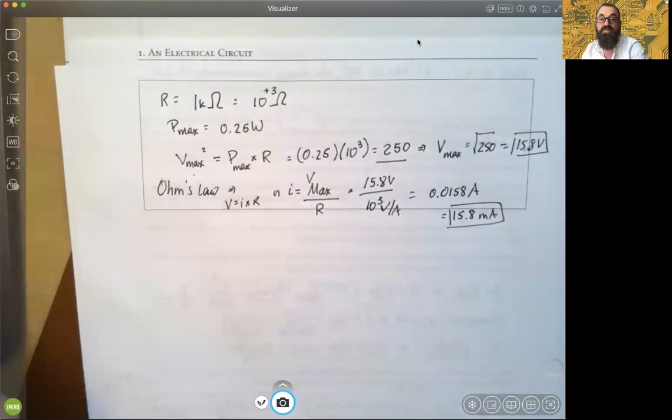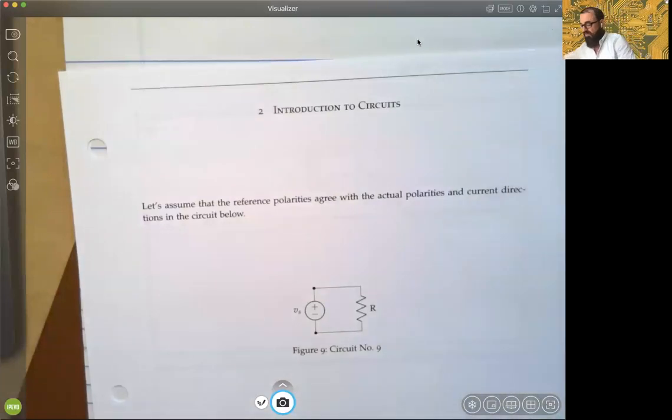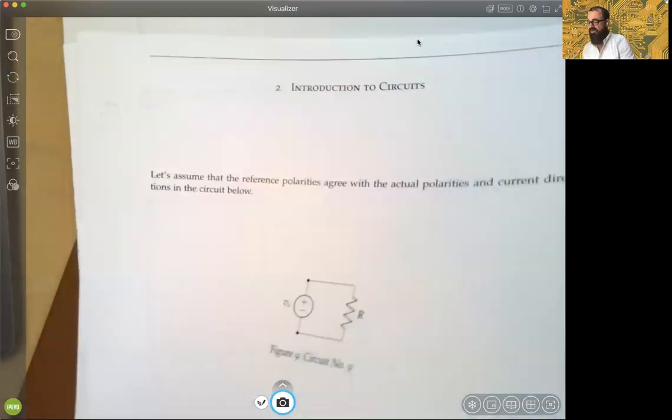This will come back later when we need to get power ratings for different circuit elements, and maybe we just have current or maybe we just have voltage, but we don't need to have both, okay? We can get it with both, but if we don't, it's no problem. As long as I have my resistance, I can get the power for those circuit elements. Okay, so that finishes chapter 1, and we're just going to start briefly in chapter 2 to do a few